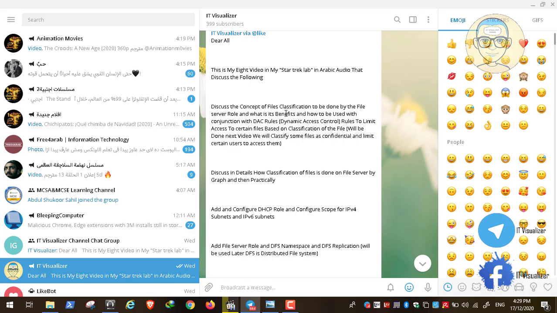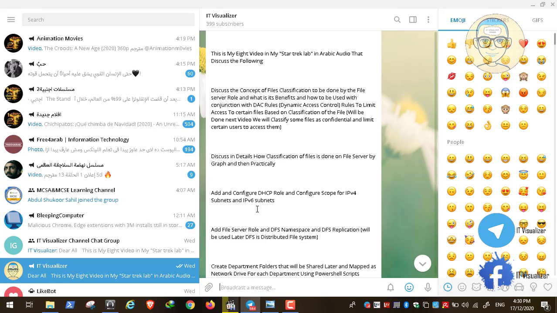So this is one way of classifying the files. It will help us search the files more easily. We can control who can access certain files based on the tagging that we have done for them. So classification of files is very important. It can help us know the number of files we have, which departments have these files, and which locations have these files. Classification is something like tagging in Facebook. You need only to put tags on the files so you can know the location of each file. We have discussed in detail in a graph how this classification will be done, but we'll do this in this video